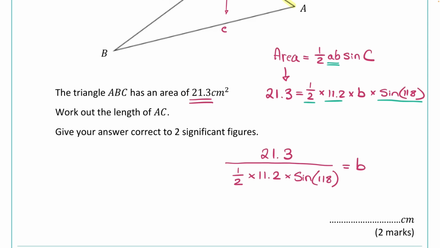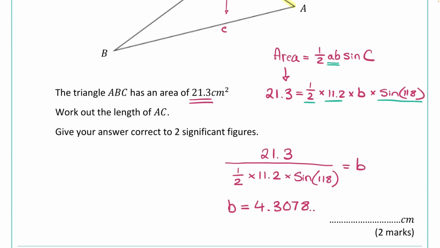So I'm going to type that all in. Of course, you don't have to. You can times all of those things together and then divide 21.3 by that number. I do tend to use 0.5 when I type it into a calculator, just because it looks a little bit nicer than typing in 1/2. But there we go. Once we type it all in, you can check this on your calculator as well. Make sure that you get this. But I get B is equal to